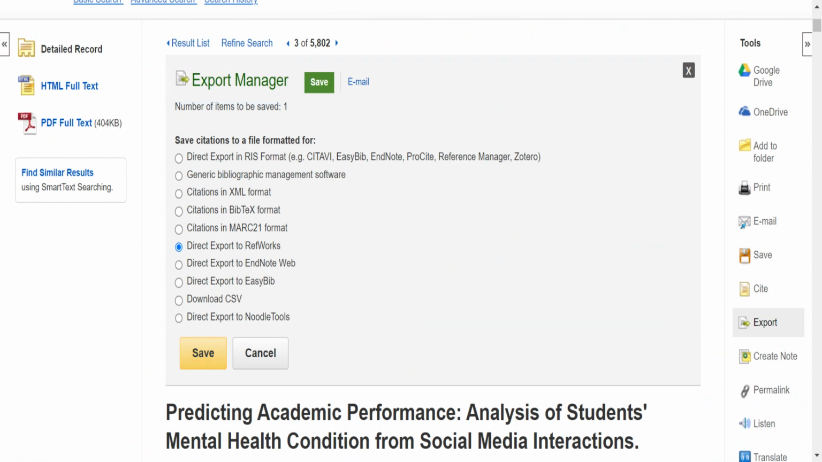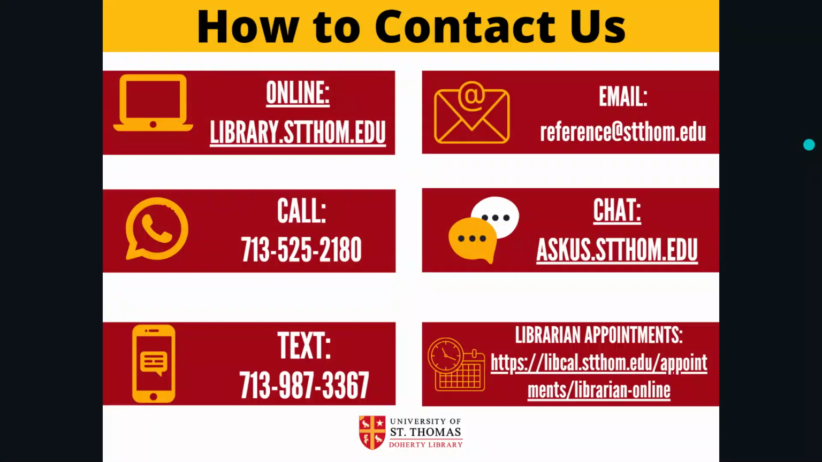So now that we have looked at all the different resources, this concludes our tutorial on citation and citation resources available from Doherty Library. If you have any questions, you can stop by the reference desk, email, or chat with your